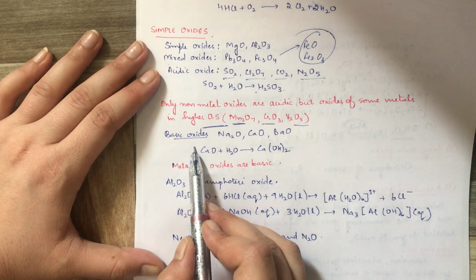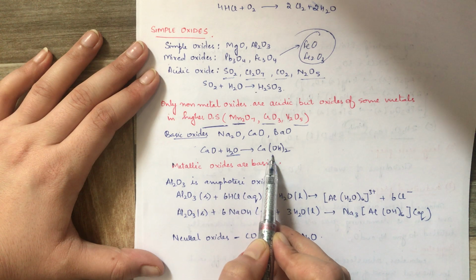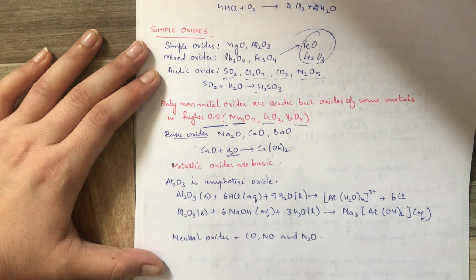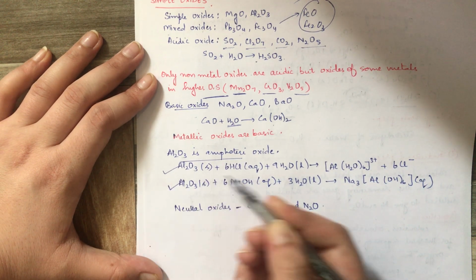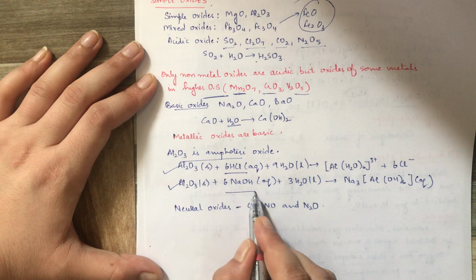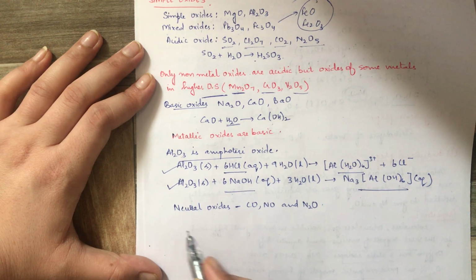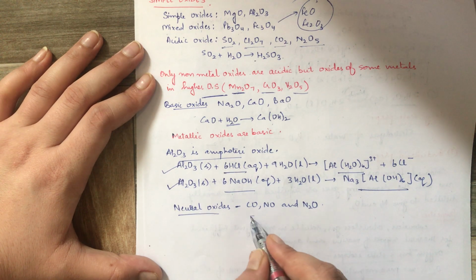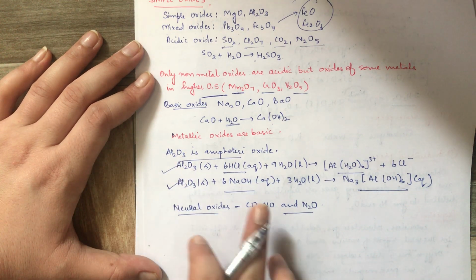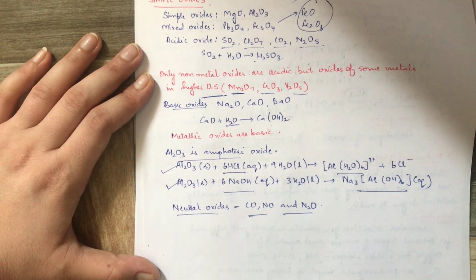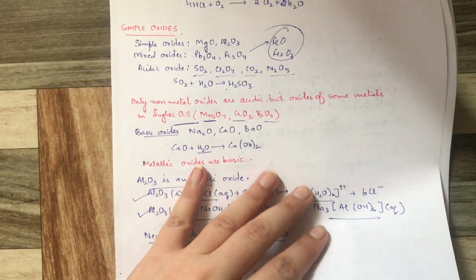If we talk about basic oxides, the ones which dissolve in water to form a base, metallic oxides are basic, but there are some which are amphoteric oxides. For example, aluminium oxide reacts with HCl and also NaOH to form their respective products. Then there are simple neutral oxides that you have to learn, carbon monoxide, NO. So this is on your part: you have to learn how aluminium oxide reacts with HCl and how it reacts with NaOH. So this was all about oxygen.